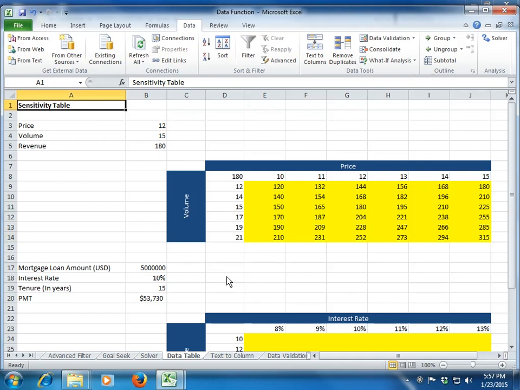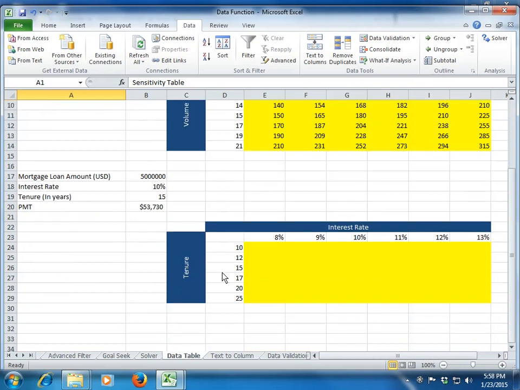Now let's see another example to understand the application of this function. The application is again straight away you have to create a data table, but in what practical scenario it will be applicable? Let's see an example. Now let's talk about the EMI amount which you have to pay. This is the loan amount which you have taken, that is 50 lakh. This is my interest rate 10%, this is my tenure 15 years, and I use an Excel function called PMT.